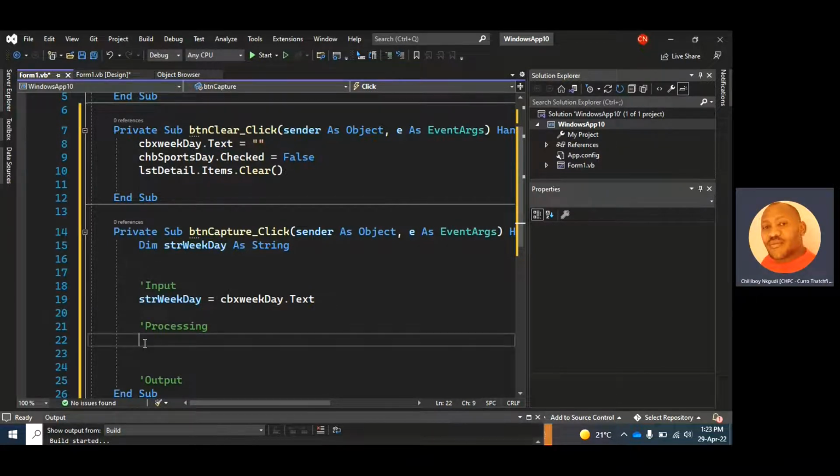Then we go to processing. Under processing, we're just going to test if it's a weekday. If the day that is entered is a weekday, and then if it's a weekday, if it's sports day, we enter it, and then next to it, we type sports day. If it's not sports day, we just put the X. Then we're going to use a simple if statement to say if